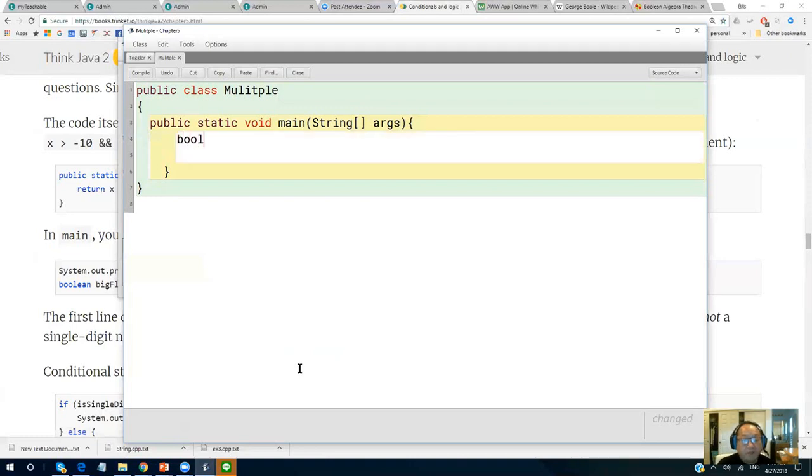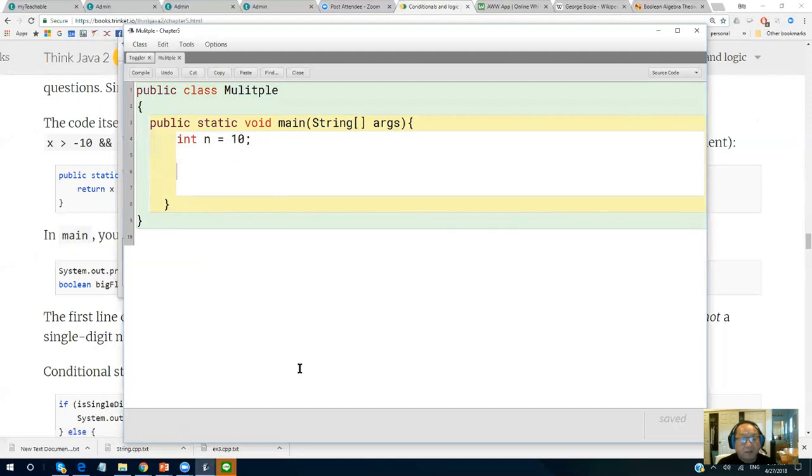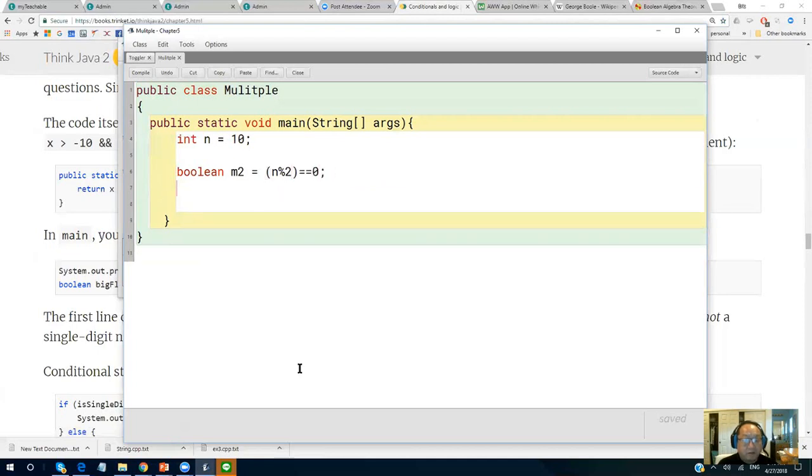First, I have a Boolean, and then let me have an integer, n equals 10, okay? Then I will have this Boolean and2 equals n take modulo by 2 equals 0.